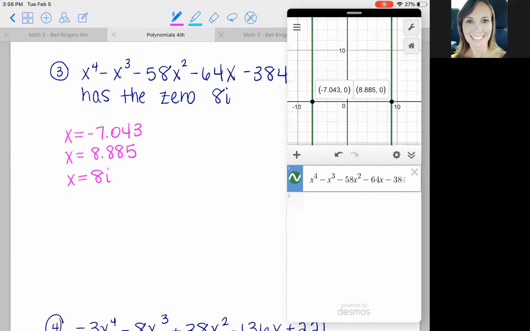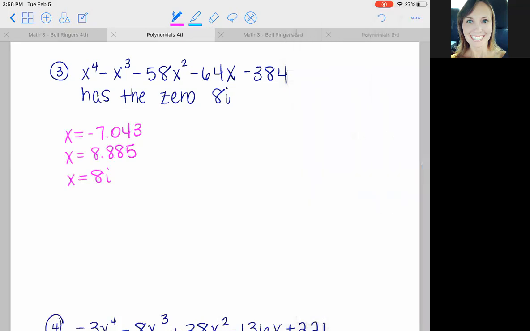We are still missing a 0 because I have x to the 4th as my power. So here, you need to also realize that the other 0 is something called the complex conjugate of the first imaginary. So 8i was our imaginary number, our 0. So the other 0 will also be the negative of that, so negative 8i. So these are my 4 solutions, and I did use Desmos to kind of cheat to get negative 7.043 and